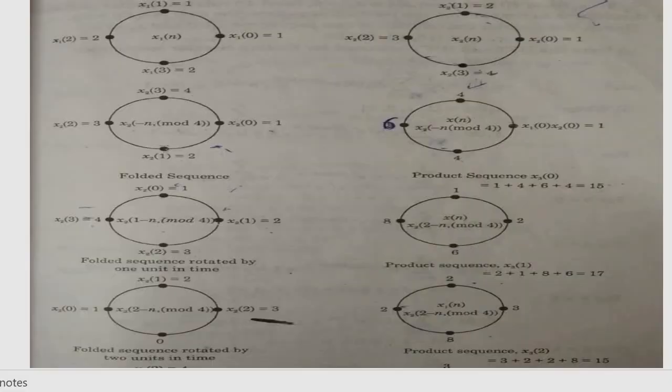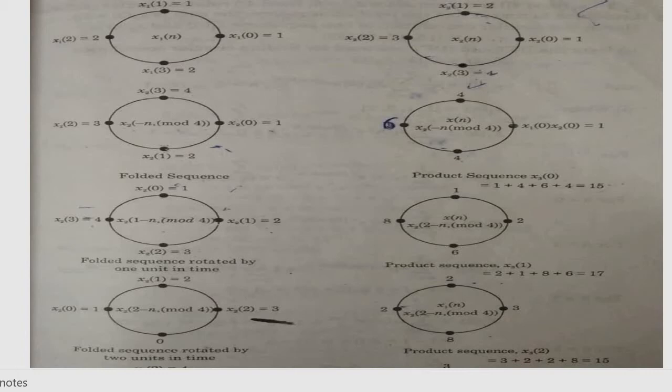Now, if the first sequence is 1 1 2 2 and the second sequence is 1 2 3 4, I will take these sequences so that you can clarify the answer with these solutions. The first result is x3[0] is 15, x3[1] is 17, next is 15, and next is 13. After that I will explain the circular convolution with the help of this process. I think everybody is aware of this process.